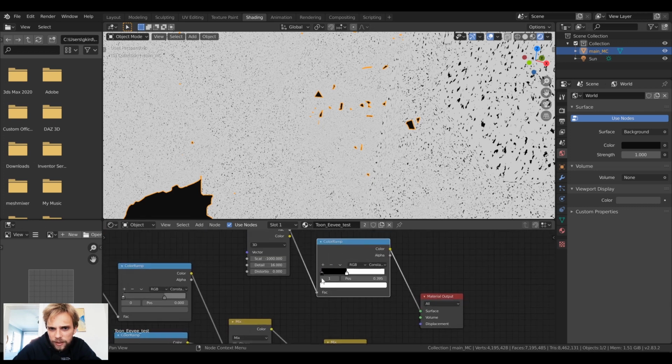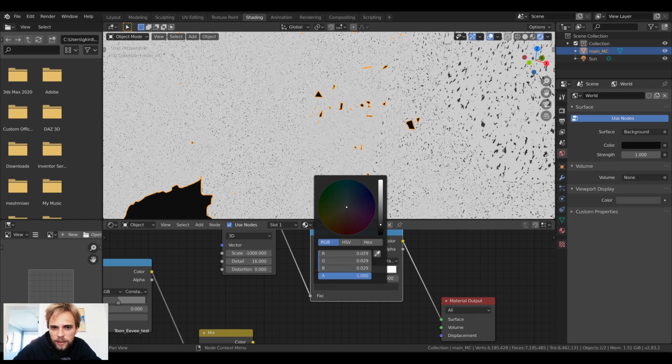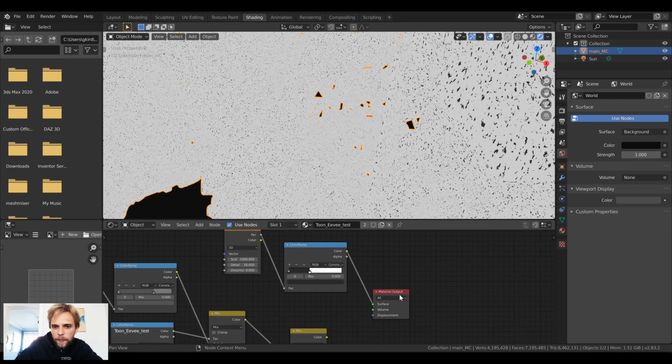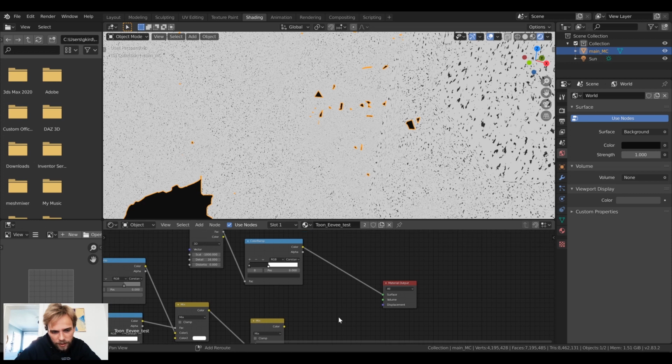And let me change this up. So this is white, and this one, I don't want it to be pure black. I want it to be kinda dark gray. And what will I do with it? I want to slap it on top of my existing texture. Can I just use mix again? Where is the mix? Okay, let's search mix, RGB,